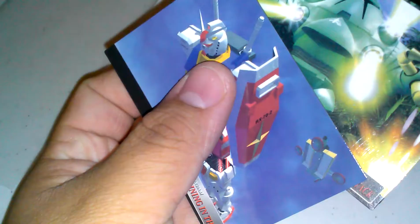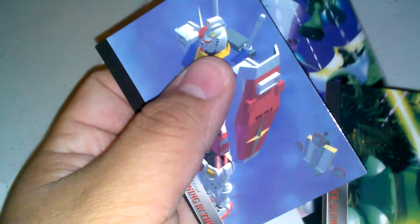The first time I bought from him, he gave me some anime postcard, which was pretty cool. And then this time he included what looks like trading cards almost. You know, he got like a Zoc, and you got the RX-78. You got a really cool one of